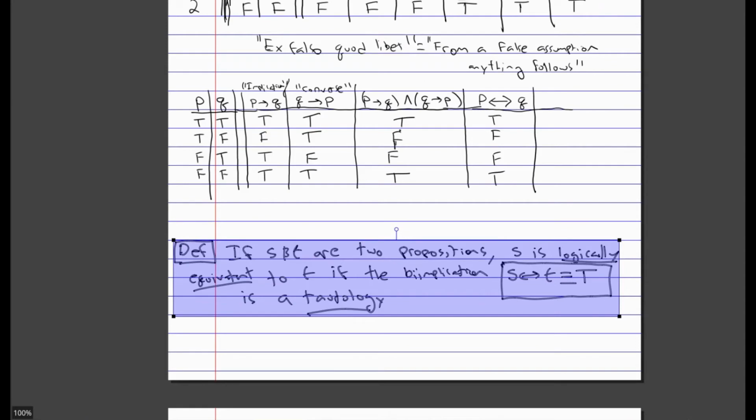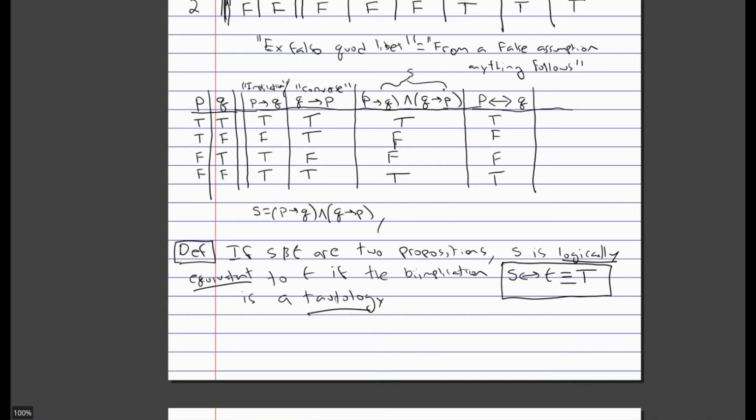If S, we'll just assume up here, is this statement right here, the statement P implies Q and Q implies P, and we'll also define T as this statement right here, the biimplication that we defined before. Then S biimplication T